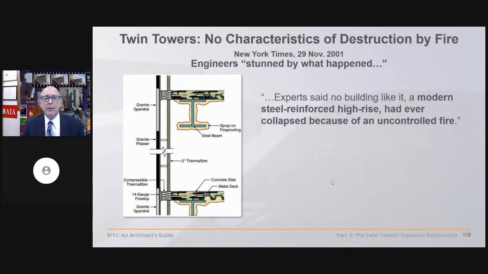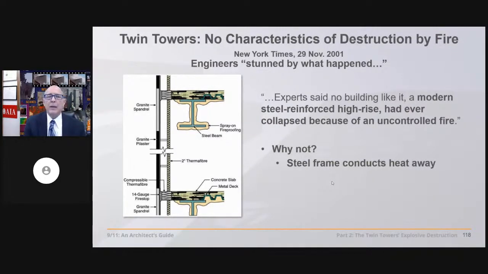So we haven't lost a high-rise ever. Why not? Well, there's some important reasons for this. One is the dense steel. It's very dense, conducts that heat away from the source, keeping that steel at the source of the heat from ever really getting to its 1200 degree critical temperature, 1200 Fahrenheit, at which steel can lose half of its strength and begin to sag.